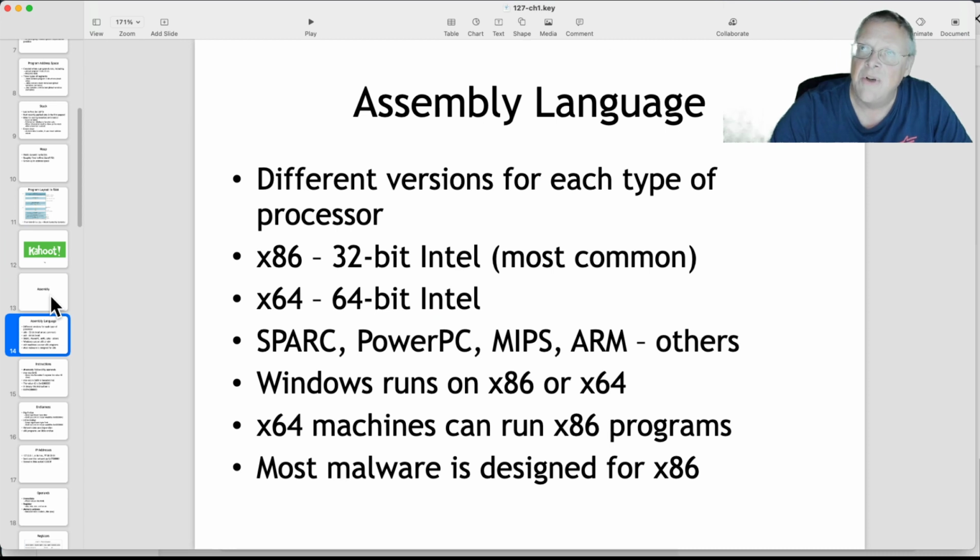So let's talk about assembly code. Assembly language is the human-readable version of machine language. The binary machine language is the only thing the processor understands. And it's pretty hard for humans to read, so they turn it into assembly code, which is still pretty hard for humans to read, but this is as easy as it gets. There's 32-bit Intel, which is the most common code, although I think 64-bit code is becoming far more common, and they might be about tied by now. And then there are older systems like Sparc and PowerPC and such, and then ARM, which is up and coming